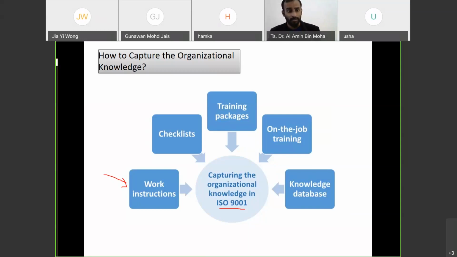But this kind of knowledge, you know how to do, what to do. Some companies that I visited have it very detailed, with the specs, with the figures, and then there's a signature of who endorsed this, who verified this, and then there is an NDA clause, even on work instructions. Anyone want to share on this work instruction? I believe most companies have these work instructions. Is it private and confidential, or not too strict? What are the practices in your company? One or two points from you guys?